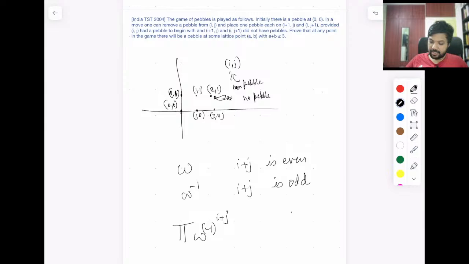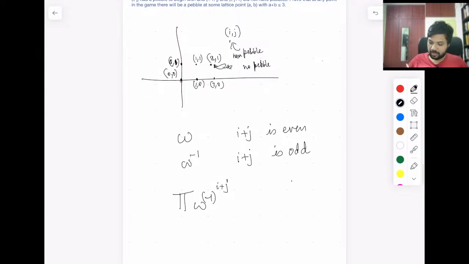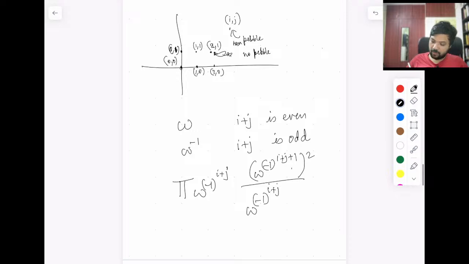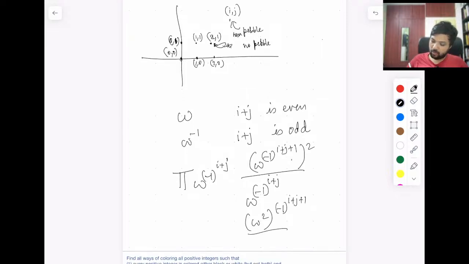So, okay. Let's just check. I think Lorentz's claim was if you take out this and you put minus 1 power I plus j plus 1, whole square, then what happens? You will have omega square power minus 1 power I plus j plus 1, correct, divided by omega power minus 1 power I plus j,